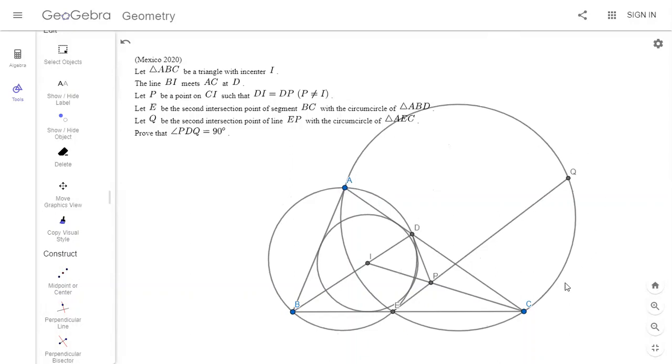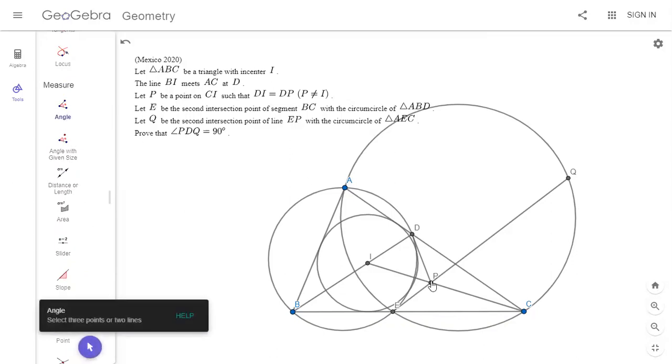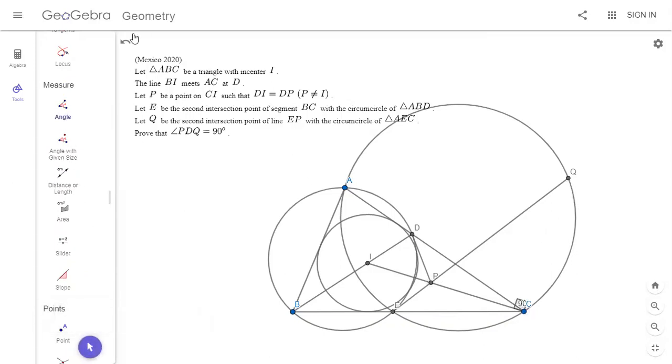Is there another point on a circle? Is PCQ 90? Yes. So we want to show PDQC is cyclic and PCQ is 90. How would we show that? So PCQ is ECQ minus ECI, and ECQ